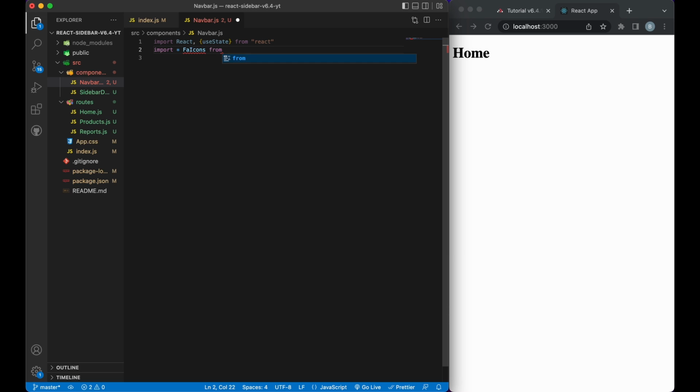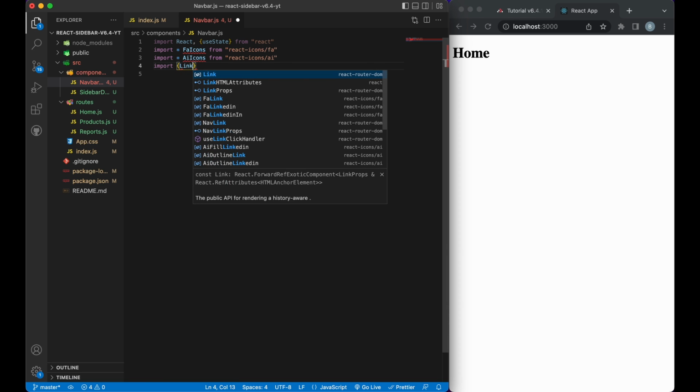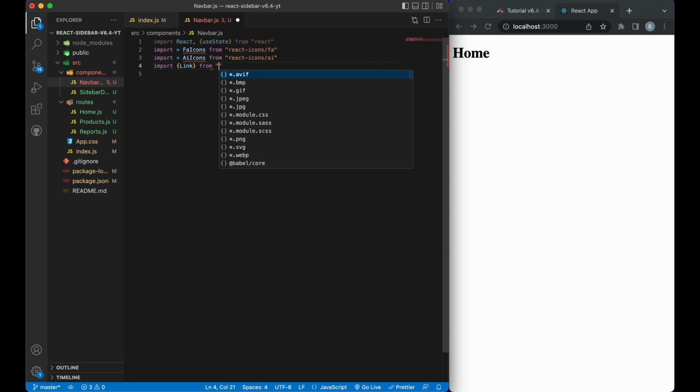And we'll import this from React-icon/FA. We can do the shift option down arrow, shift alt down arrow, change this one to AI icons, change this one here, AI, and we need to import link from React router DOM,